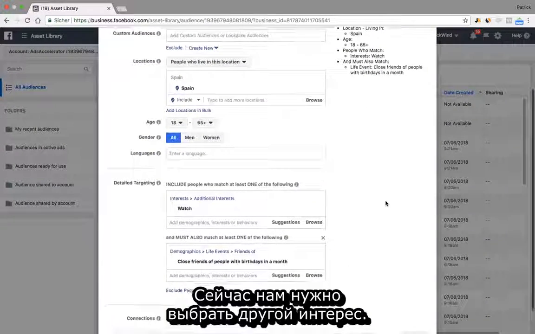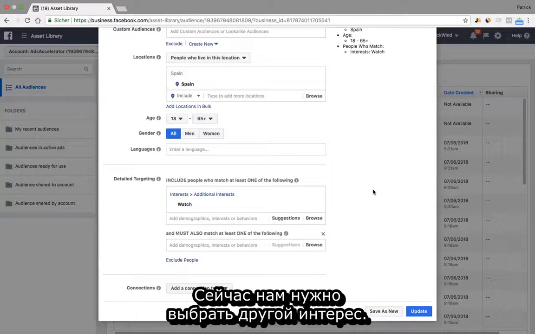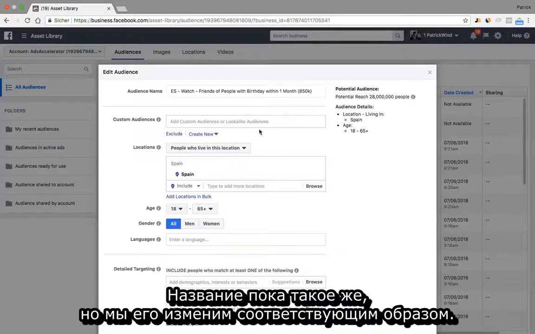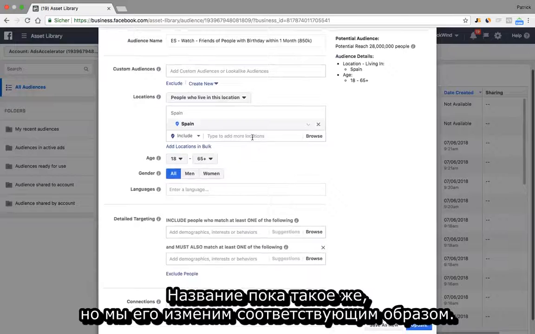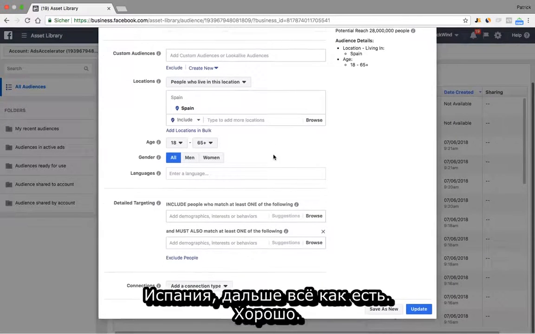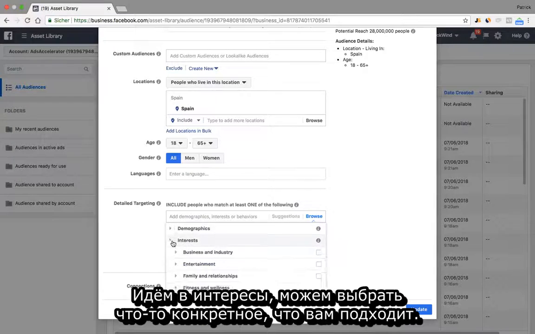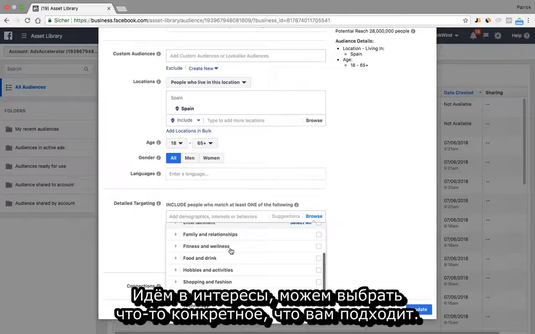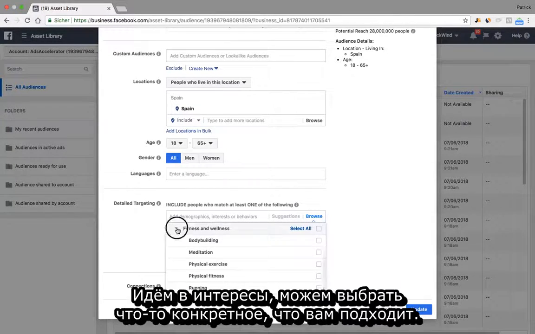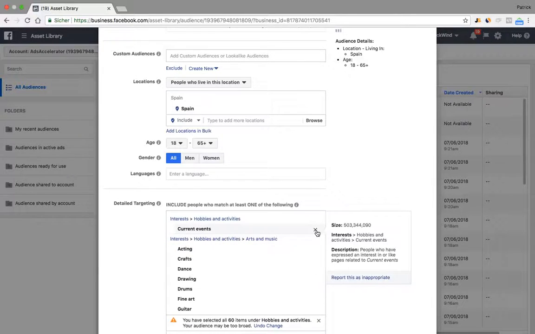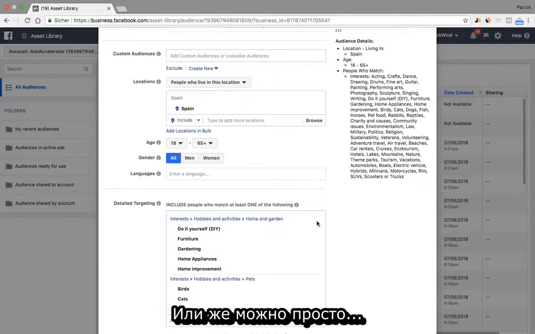So now what we want to do is we want to test different interests. The title is going to be similar, but we just adapted it to the interest. It's in Spain. Here's everything the same. Okay, good. So when it comes to interests, we could choose one of those specific ones, whatever suits you. That's an option. You can choose here and then just click on one specific one. That is an option. Or you can simply